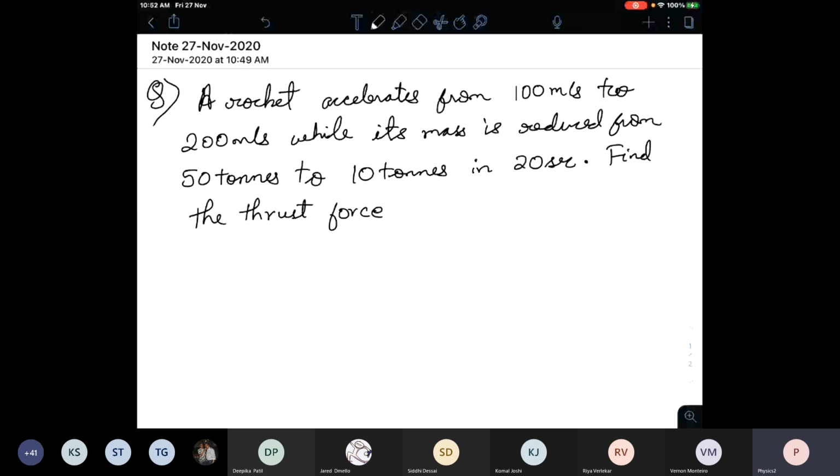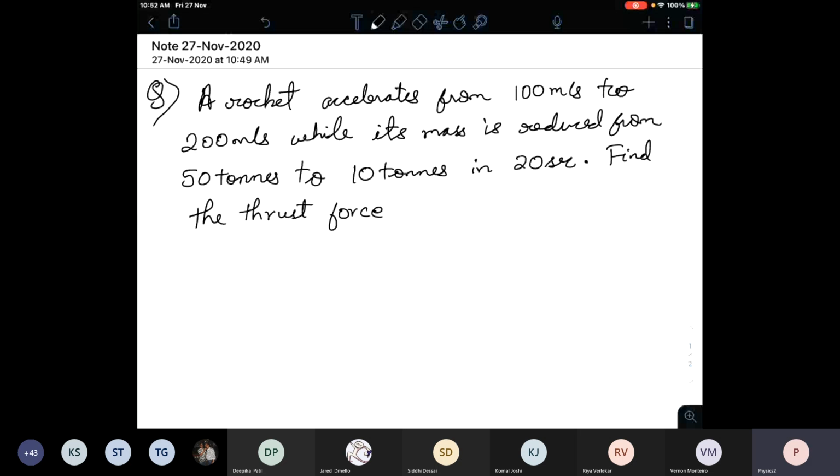Okay, so this is the question. Your rocket is accelerating from some velocity to some other different velocity, and at the same time its mass is also decreasing from 50 tons to 10 tons. So its mass is also changing. In the same interval its velocity is also changing. So if such a thing is happening,